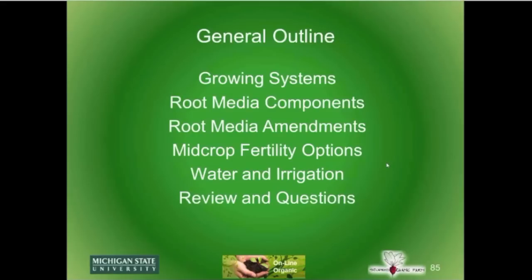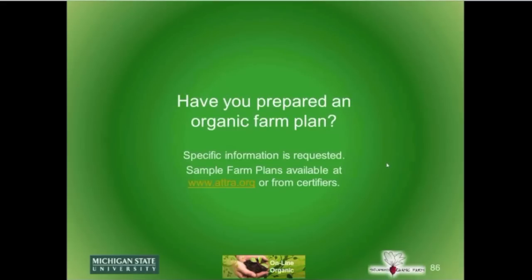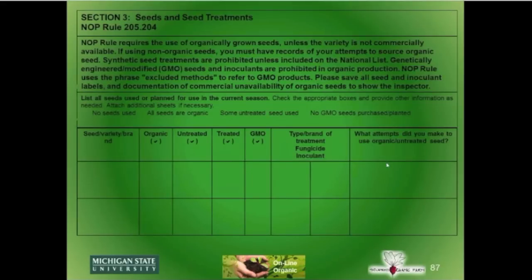So we've covered a lot of information here today. We still have close to half an hour for questions, and I'm looking forward to answering your questions. The one last topic that I wanted to share briefly is that if you are going to grow certified organic transplants, you would need to know how to fill out the farm plan, and that's something that you can learn about more by contacting one of the many organic certifiers in the country. They can provide farm plans and help you see what information is needed. These farm plans, simple ones, are also available at the ATTRA website,